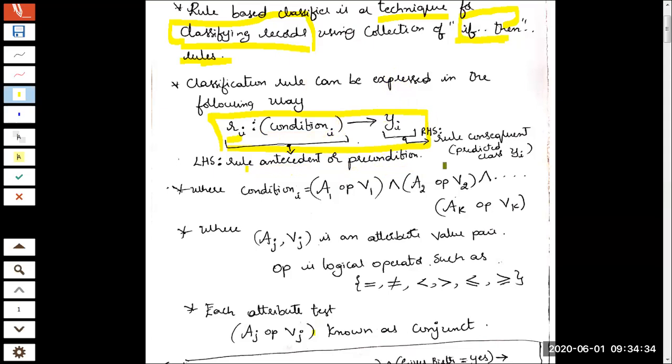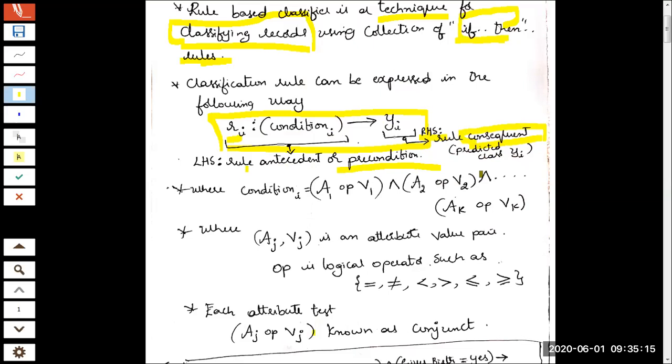Now towards the right hand side, you have the rule consequent. Consequent is nothing but the consequence. If you are wearing an ID card and the appropriate uniform, what is the consequence? You'll come inside MIT and sit in the classroom. That's the consequence, so it is called the consequent. Please do not get confused by these terminologies. Some precondition on the left hand side will decide the consequence, or to which class it should go and sit.